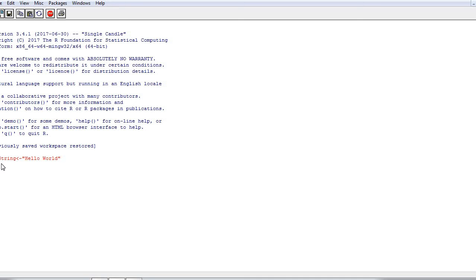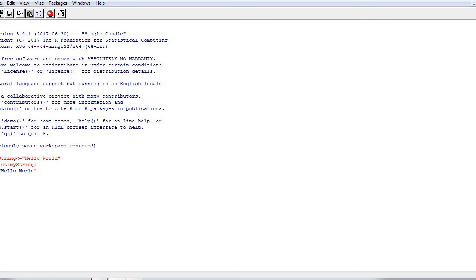Nothing has happened visibly, but internally the hello world string is assigned to the string variable MyString, where you have not declared MyString as a string variable. By default it will take it as a string variable. Now we are printing, so print MyString. Now see, it is printing hello world.